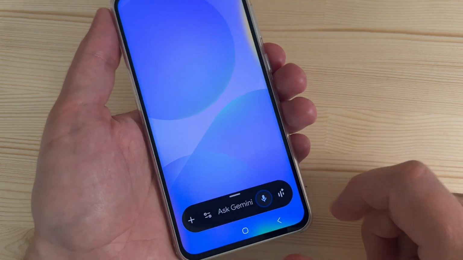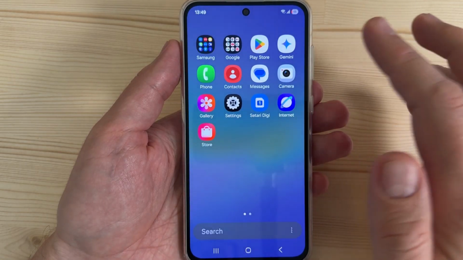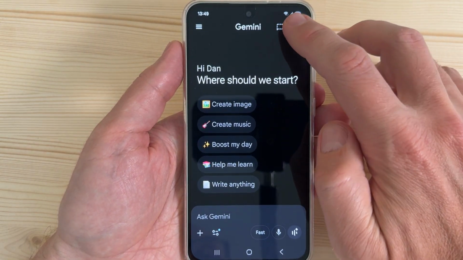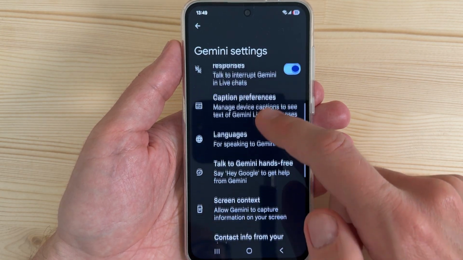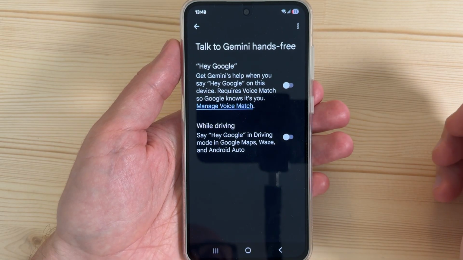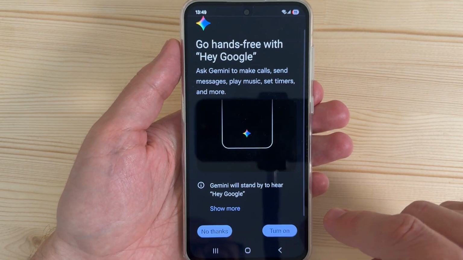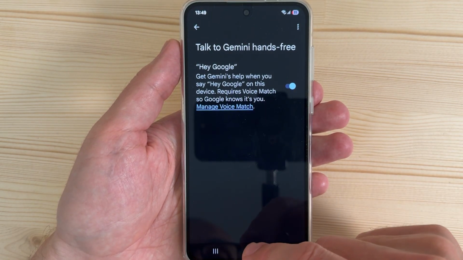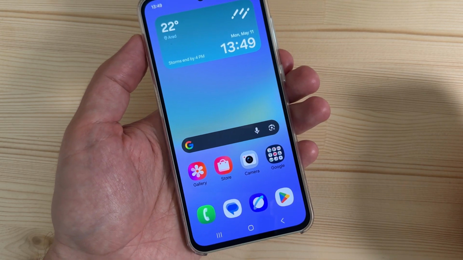How to open Gemini with voice command on your phone. It is very easy to do it. So you need to go to Gemini app and here tap on the profile icon, swipe and tap on settings, and here we have talk to Gemini hands-free. Tap on it and from here just enable Hey Google, and here tap more, turn on, and you are all set. Tap done. And now if you exit and say Hey Google,